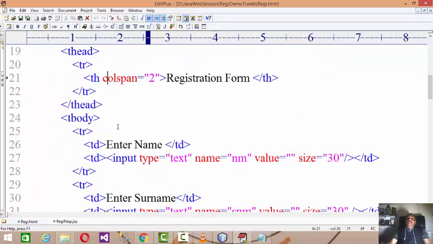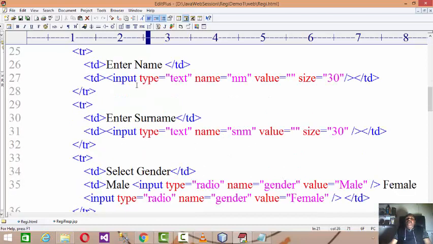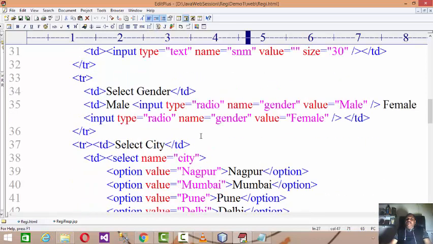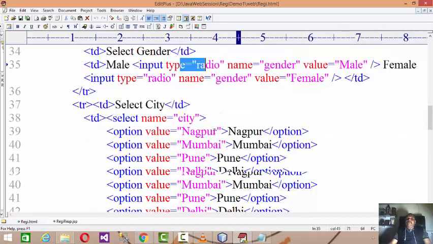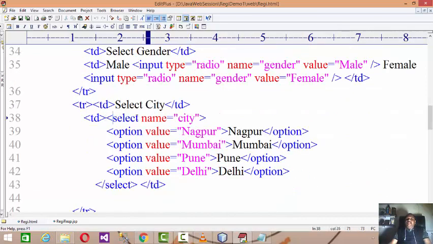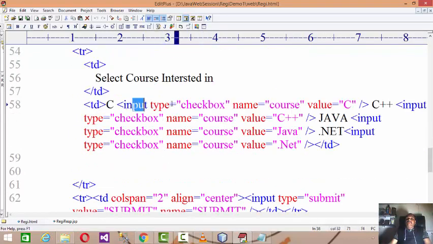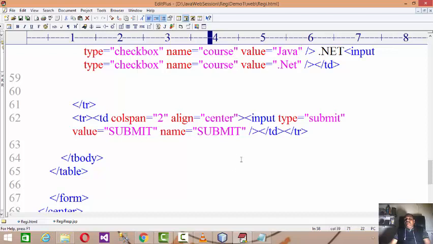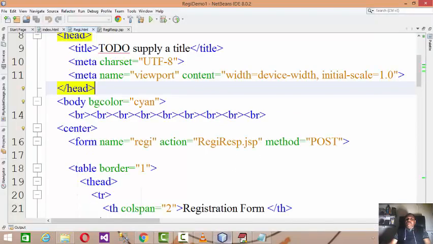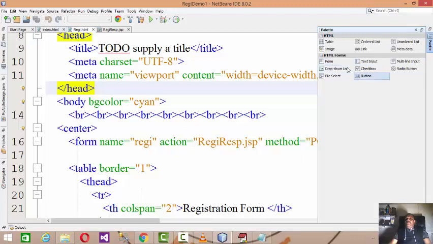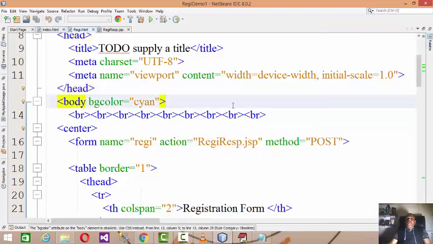Then there is a table, as we already know, for the sake of alignment. And since we are developing a form, the input type is useful: input type equal to text, radio, select, textarea, and checkbox, and the submit button.